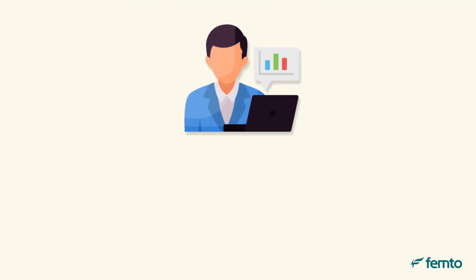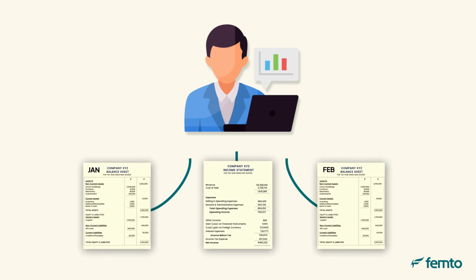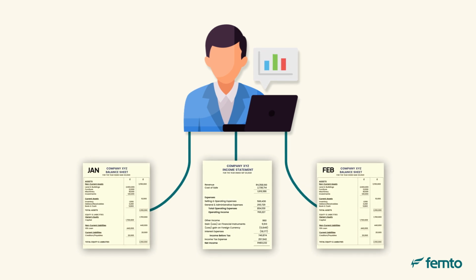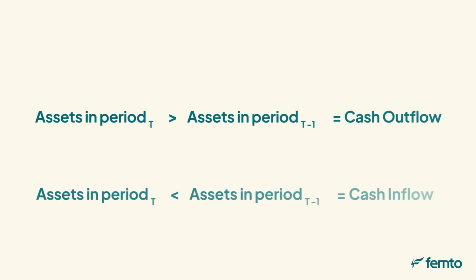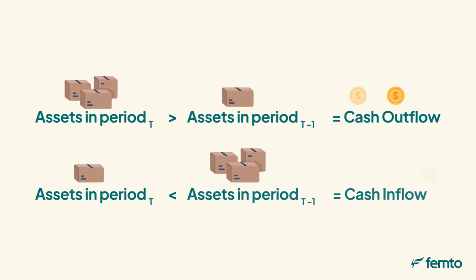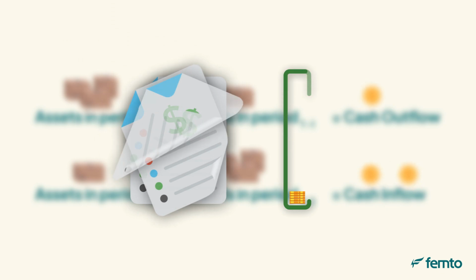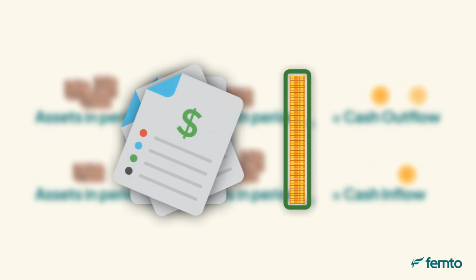To calculate the cash flow statement, an analyst needs a recent profit and loss statement and two respective balance sheet statements. The primary rule governing the composition of the cash flow statement: when assets increase, this means that the company has utilized its cash balances to purchase or invest in new assets. For example, an increase in accounts receivable translates into more cash stored away instead of being collected, reflecting an outflow